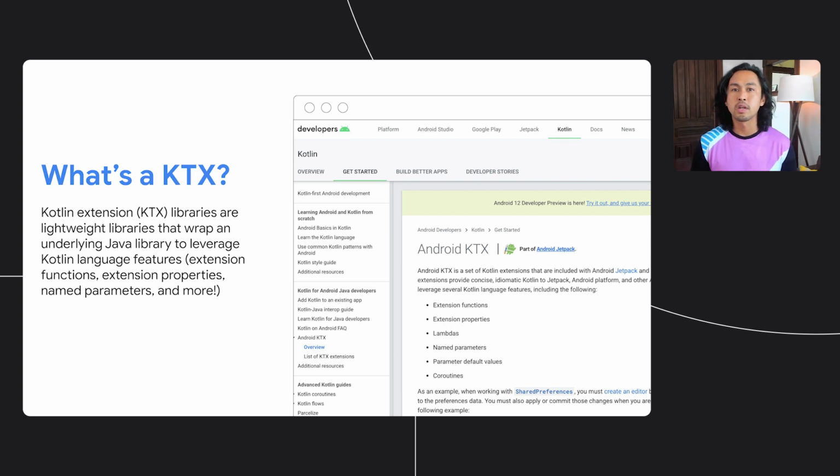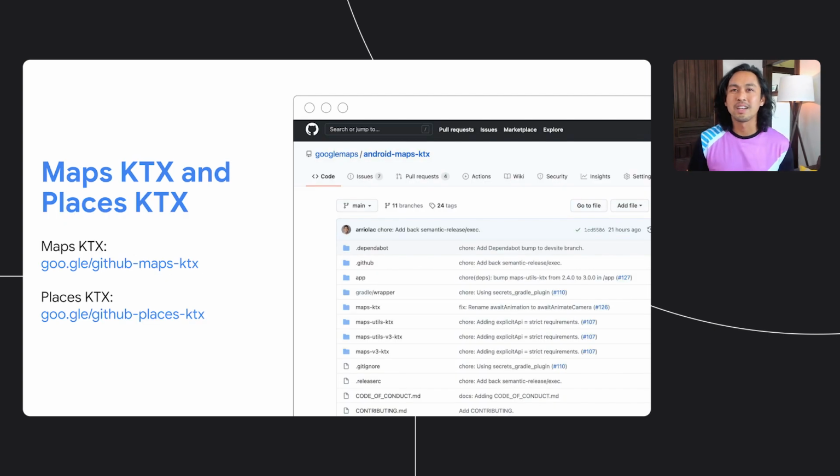If you're writing apps in Kotlin, using KTX libraries will match your expectations as it enables you to write code using common idioms. And this matters so that you can take advantage of the expressiveness that Kotlin can offer. If you're an experienced Kotlin Android developer, the concept of a KTX library is probably familiar to you already, as Android has a rich set of KTX libraries. Now, while you can write KTX wrappers around Google Maps Platform Android SDKs, we've done that for you and open sourced it so you don't have to.